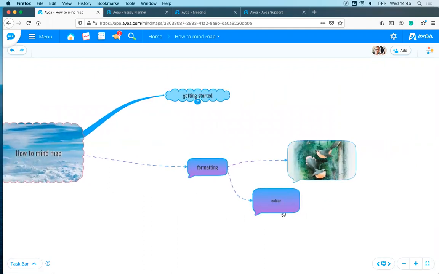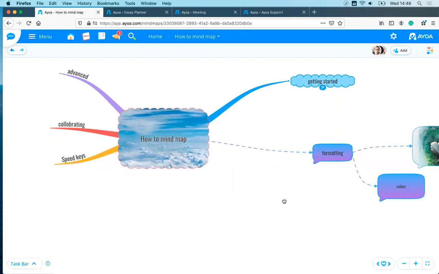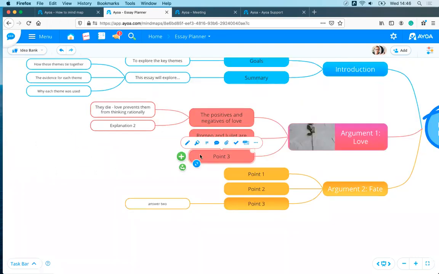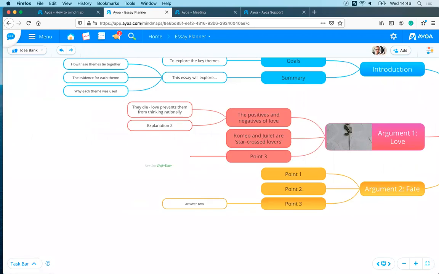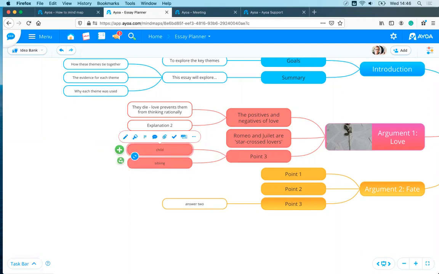So next I'm going to show you speed keys. So speed keys I think personally work really nicely when you're using the speed maps. So if you use tab, that adds a child branch. And if you click enter, that adds a sibling branch. So a child branch is just a branch that comes after this one, and a sibling branch is on the same level. So just to show you that again, click tab